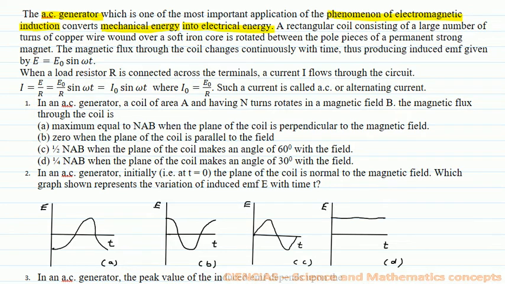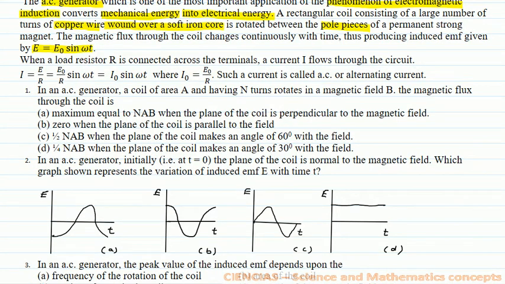A rectangular coil consists of a large number of turns of copper wire wound over a soft iron core and is rotated between the pole pieces of a permanent strong magnet. The magnetic flux through the coil changes continuously with time, thus producing an induced EMF given by E = E0 sin omega t. When a load resistance R is connected across the terminal,